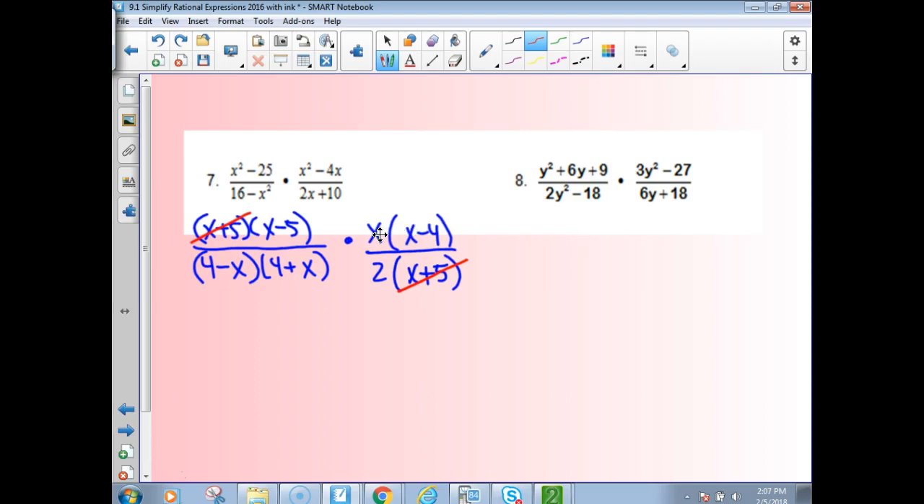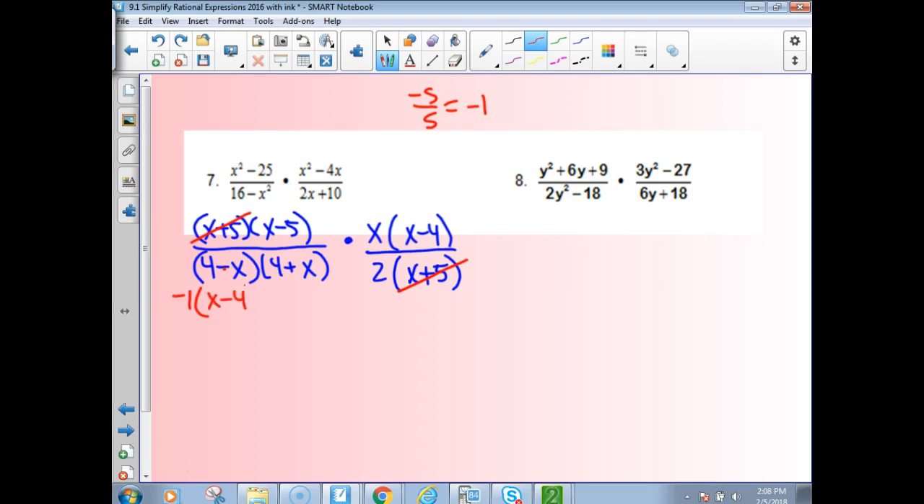Can I cancel the x minus 4 with the 4 minus x? I can, but I got to do something. Okay, so when you have exact opposites, guys, if you had negative 5 divided by 5, what are you going to get? Negative 1. Those are opposites. So when you divide them, you get negative 1. Now, another way for me to explain that is to tell you that I can change this to negative 1 times